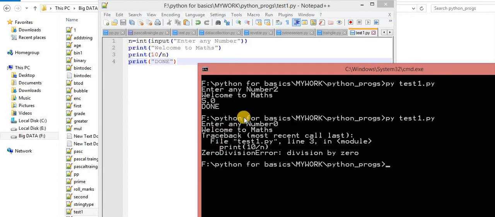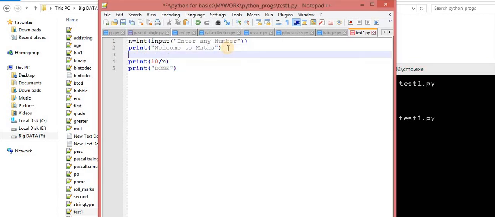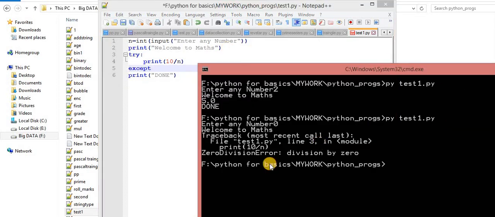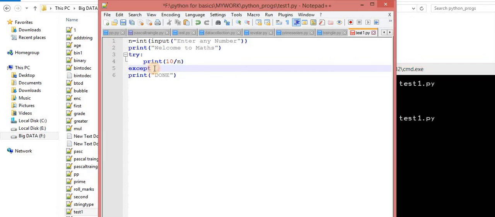Now if I want to make it a graceful termination, a normal termination, what I have to do? I know the error can occur inside this block. So for this block, I am using the concept of exception handling, okay. Now I am catching this. Make sure this one is a class, the name should be the same, okay. So I am copying it and pasting over here, okay.